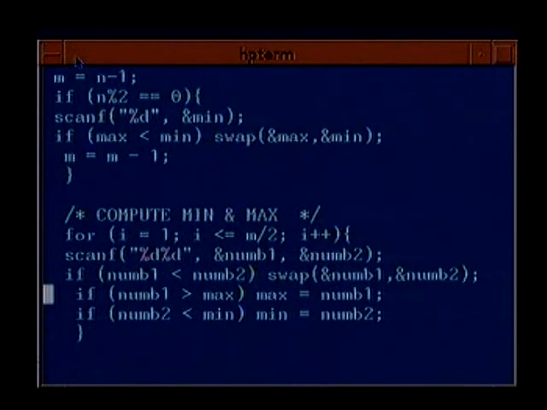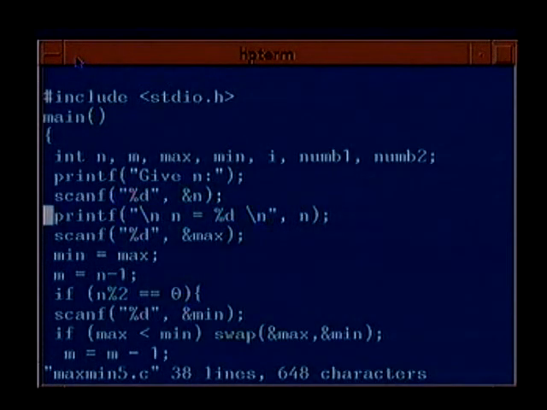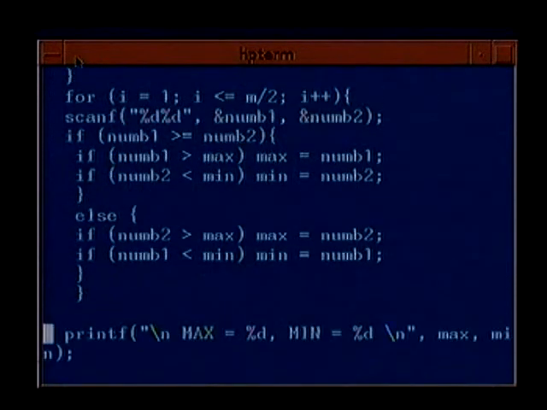So here this program works with the swap, and you could have removed the swap also, because the swap is an additional statement which will exchange two numbers. Here you could have said if num1 is less than num2, you could have done this, else you could have done something else. That is, else you could have compared num2 with max and num1 with min. That is the final thing that you could have done, and this is what you will end up with, a final program in which all the other things remaining the same, this part will change.